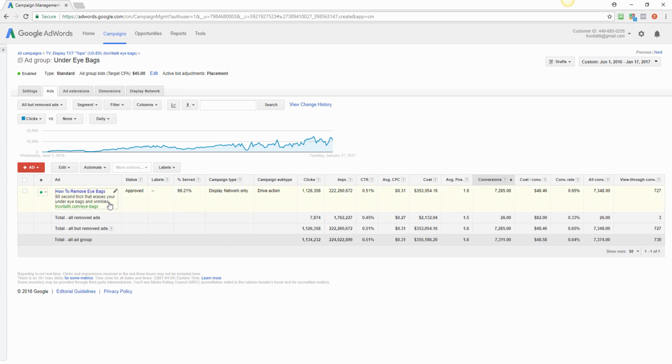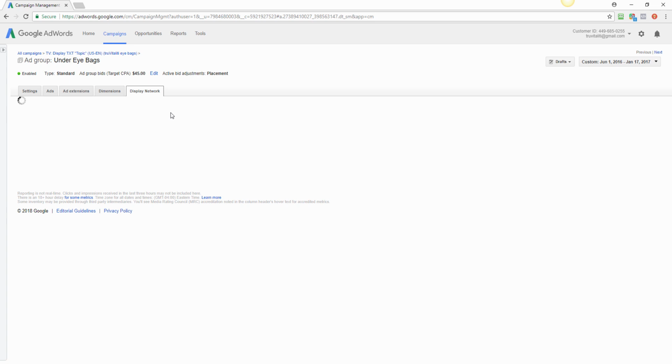Okay, so let's say, for example, I'd pick 3 or 4 keywords with this one ad, and then I would just let it run at my $250 a day ad spend budget that I would start with. And then you're going to start getting clicks, you're going to start getting traffic. And then you can go into the display network tab here. So if we click on that,